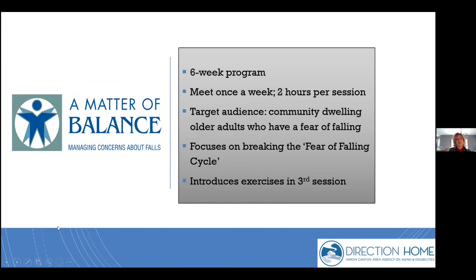So now we're getting into our falls prevention workshops, and this is A Matter of Balance. It, again, is a 6-week program. We meet once a week, and this one is 2 hours a session. Target audience for this one is, again, community-dwelling older adults who have a fear of falling. And what this one focuses on mainly is breaking what's called the fear of falling cycle. And if you're not familiar with what that is, research has found that if someone has that fear of falling, whether it's because they have indeed fallen recently or they just feel unsteady for whatever reason that might be,